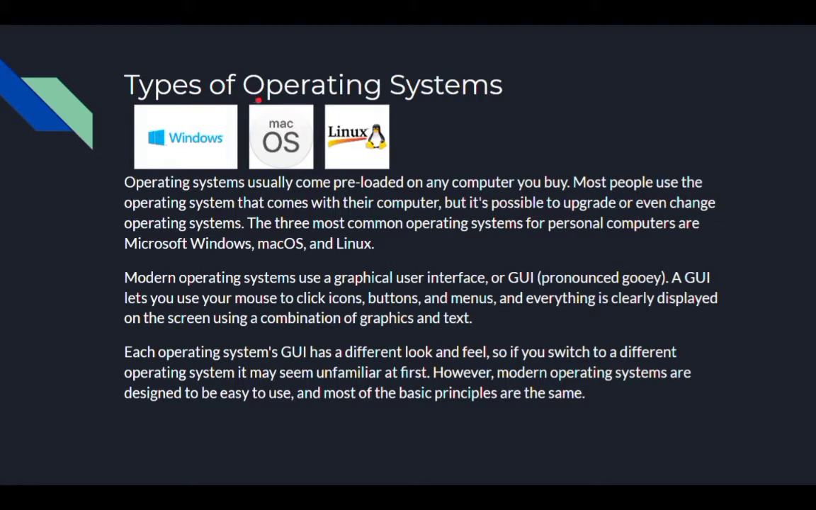Types of operating systems. Operating system usually come preloaded on a computer when you buy it. Most people use the operating system that comes with the computer, but it's possible to upgrade or even change operating system. The three most common operating systems for personal computers are Microsoft Windows, Mac OS, and Linux. Modern operating systems use a graphical user interface or GUI,